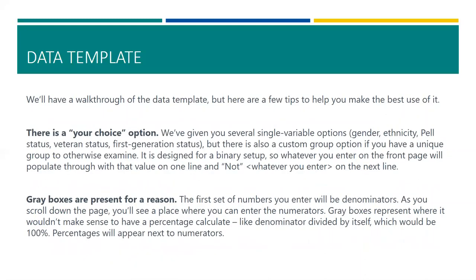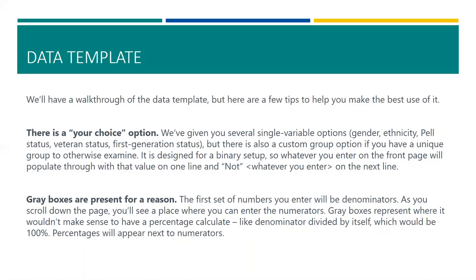There is the Your Choice option. As I mentioned, if you have a particular metric, let's say you're looking at students born in another country, whatever the case is, then you'll have an option to choose that dichotomous variable, and you have the option to then say, okay, I want to use this versus one of these other metrics.